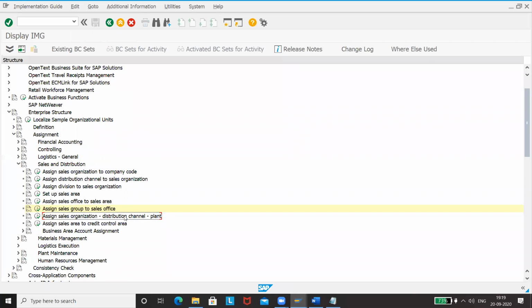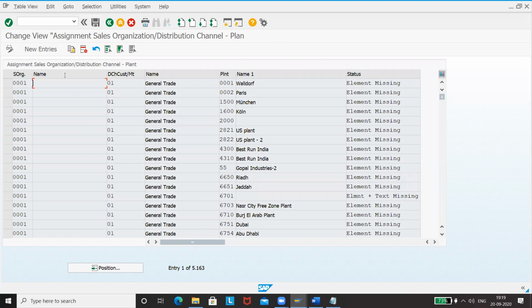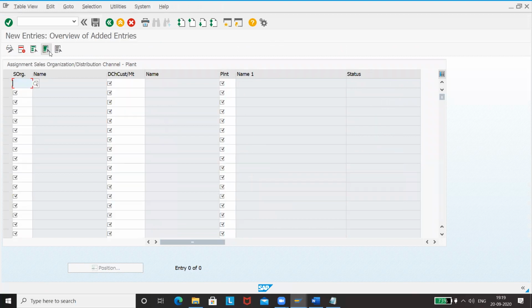We are mapping these two things with plant. We have RX, distribution channel, and the plant we have is RER8.